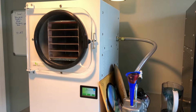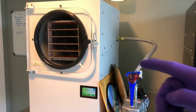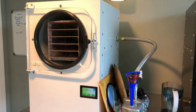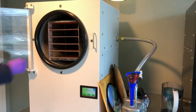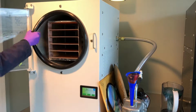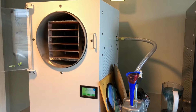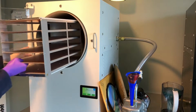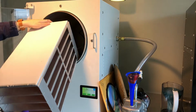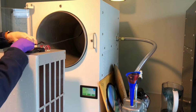Today I'm going to show you how to disconnect your trays from your harvester. So first thing you're going to want to do is just open her up and remove this right here. Toss that on the side, and just pull these trays out. A little water on top right there, that's fine. We're going to take this